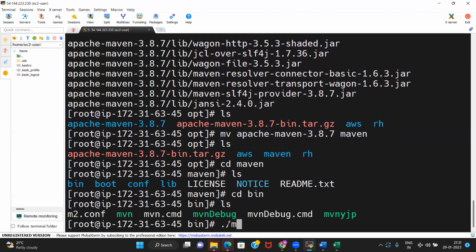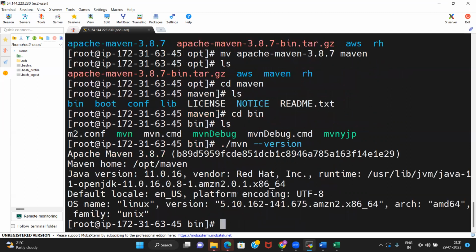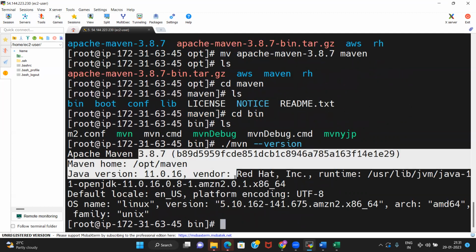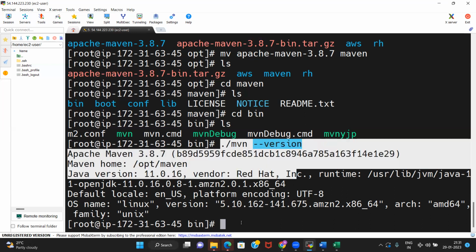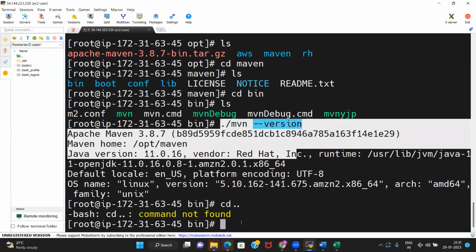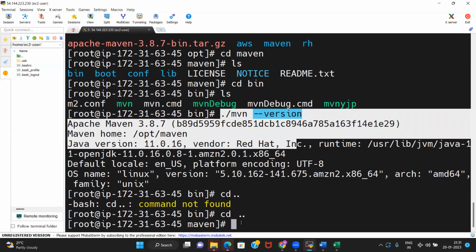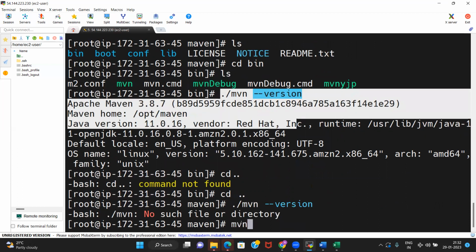Run ./mvn -version, and you will be able to see the Maven version. But you need to be within the bin folder to execute Maven. For example, if you go one folder back and try ./mvn -version, it will not work. Even if you try mvn -version, it will not work.